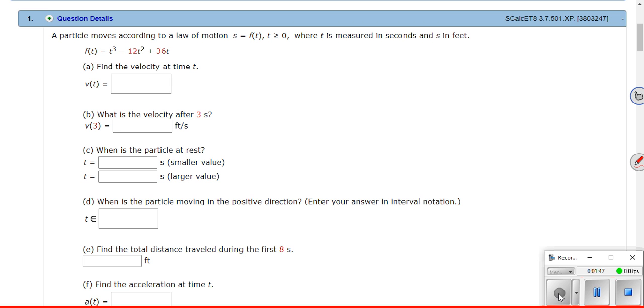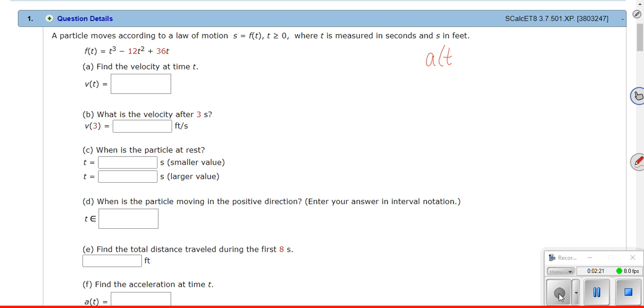A particle moves according to a law of motion, and we know that s is our position function. It says s equals f of t, so that's our position function. t is, of course, time, measured in seconds, and s is measured in feet. They give us our f function, which is our position function, and it says find the velocity at time t. Well, let me just remind you that